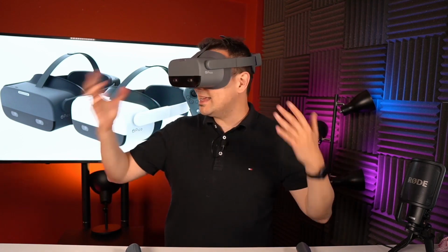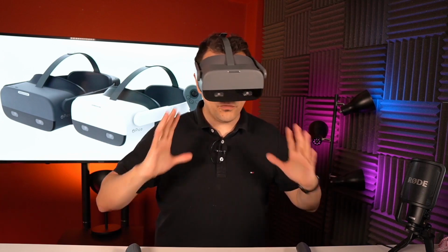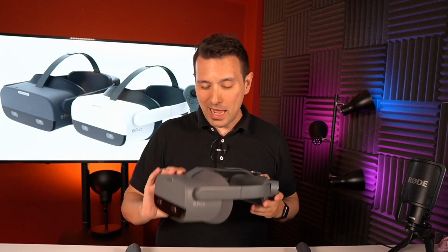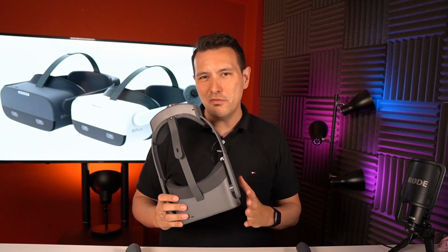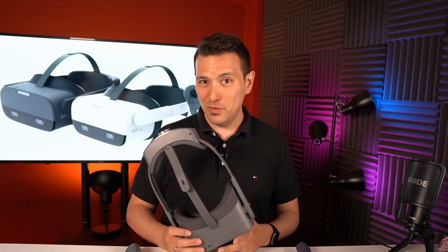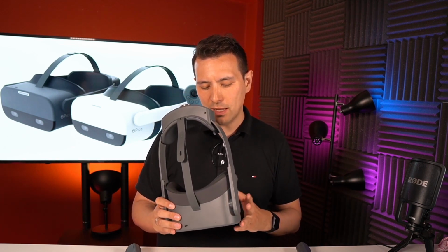Yeah, you can easily get into it. Simply put it on and then use this knob here and well, you are all set. So for the first face-on try, this is definitely a big win for the device. Okay, but now I'm also going to turn it on and I'm going to let you know my very first impressions. So just to let you know, these are really just very early impressions. I'm going to give you a more in-depth review for sure, where I'm going to check out all the functions, but now I simply want to have a first look into this and I want to tell you about the